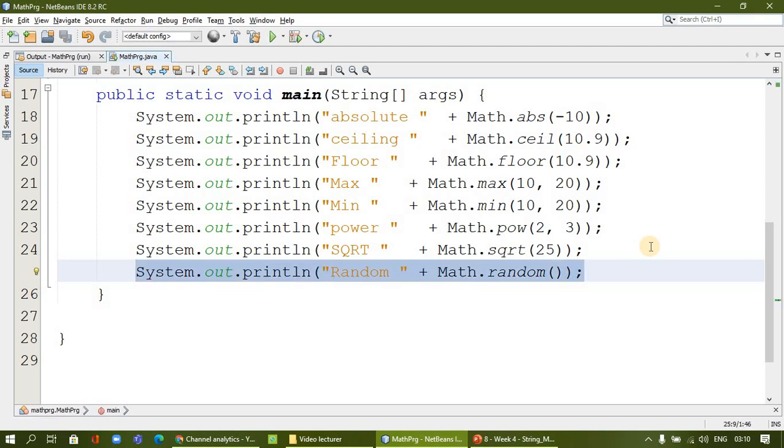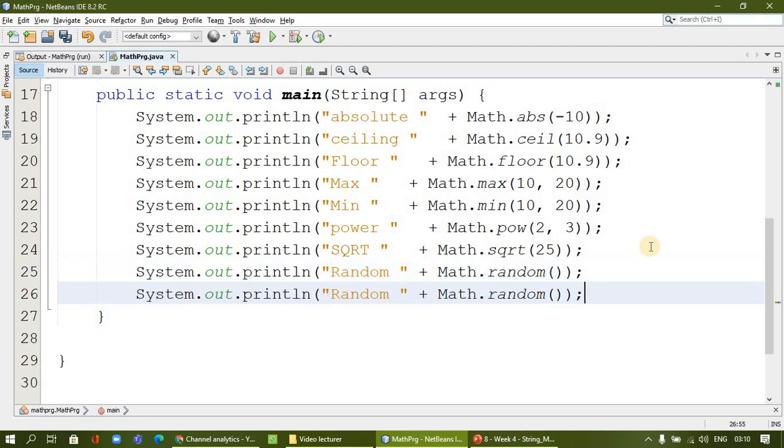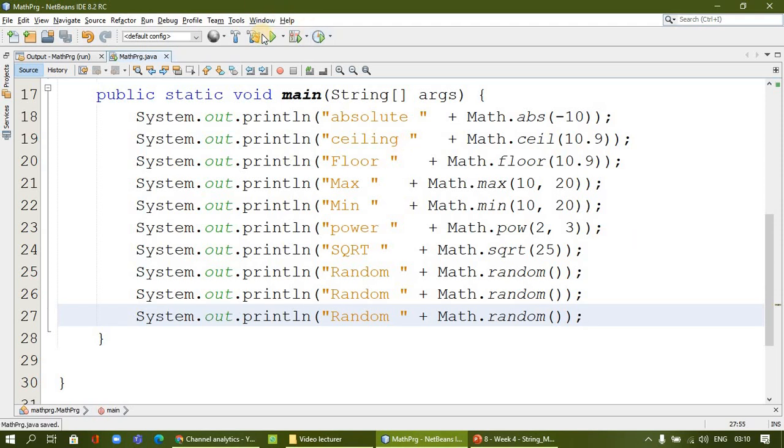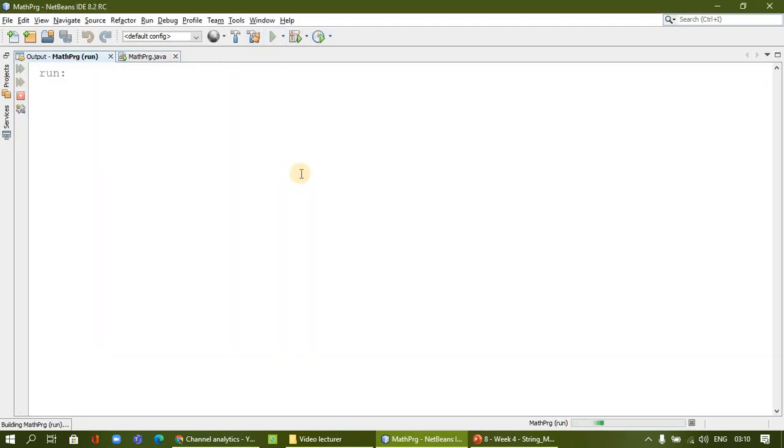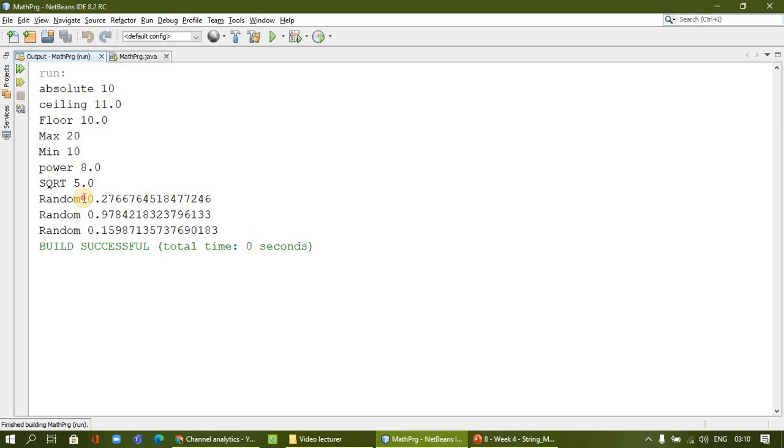I'll call it 2 times or 3 times, for example, and we will find 3 different values. See, 0.27 is there, 0.97 is there, 0.15 is there. So every time it is producing different values. That is how the random method works. Every time it returns a different value between 0 and 1.